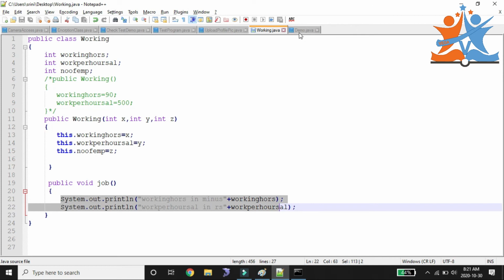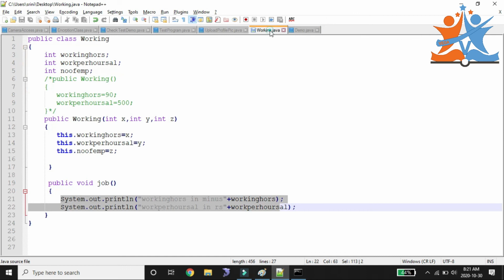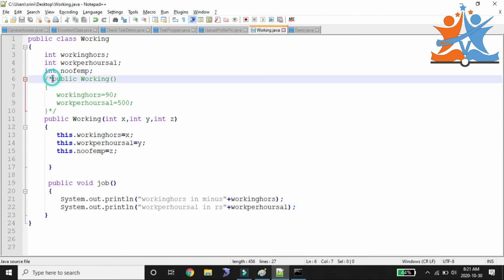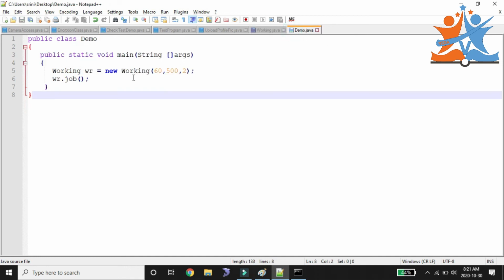Sir, my question is how I can use two types of constructor in a single class. I want to enable these two constructors. Now I have a zero argument constructor, and again I have a parameterized constructor, nothing but an argument constructor. At this time, whichever object you create, that constructor will be invoked.